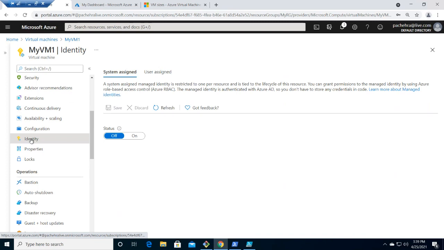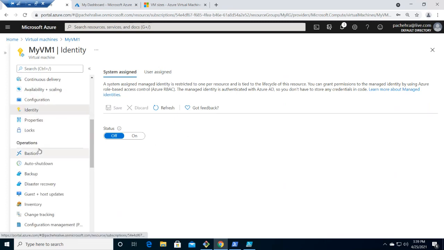Arun, that's what it is, right? So, Arun, can you hear me? Yeah. So thank you, Ashish. Yeah, that's what it is. And yes, there are two different ways, system and user. System, it all depends. If user exists, managed identity exists. And if system is there and you remove the system, that identity is gone.